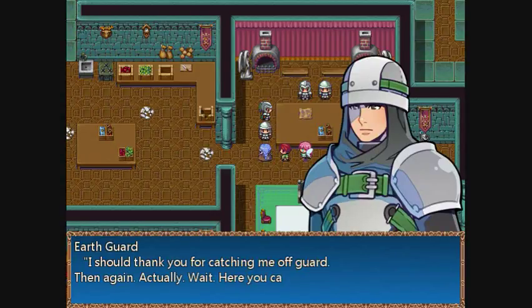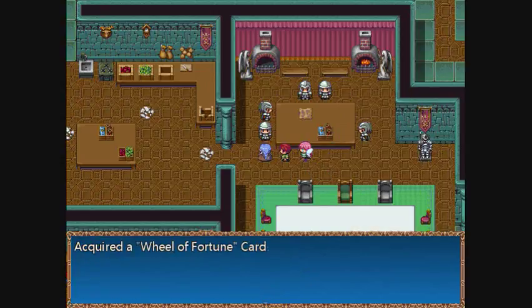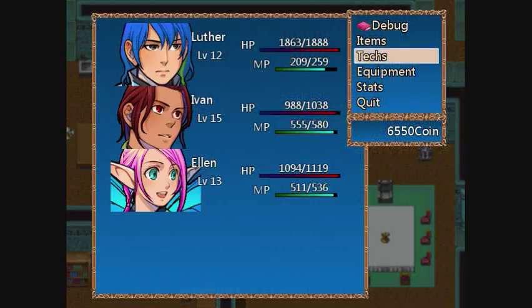Thank you for catching me out of guard. Then again, actually, wait! Here, you can have this. I don't know how to roll the shells. And that goes to...